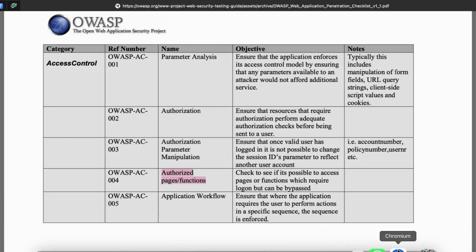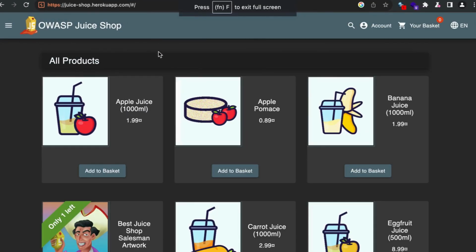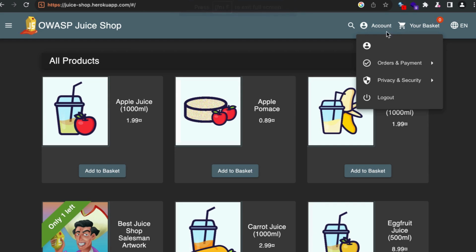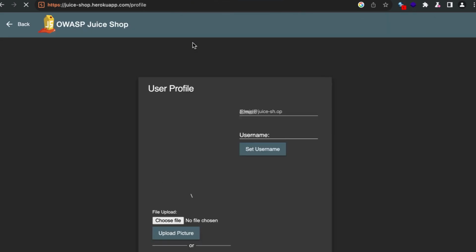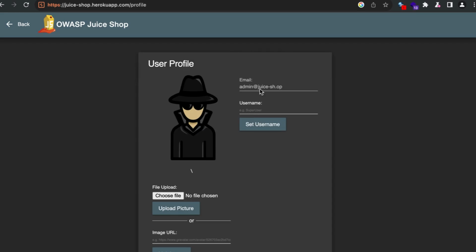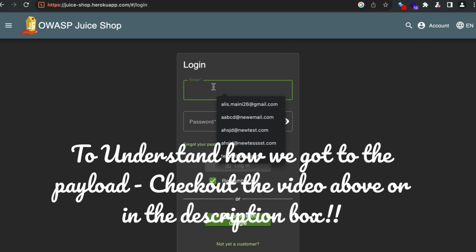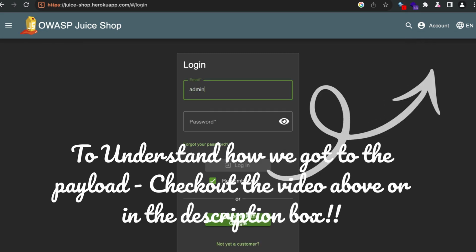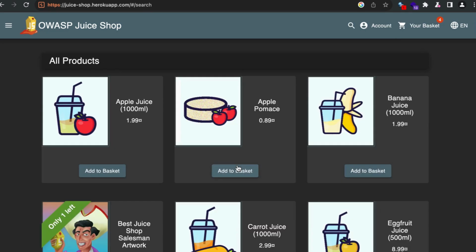I have my Burp up and running, and in my Chromium, which is the Burp browser, I've already opened the Juice Shop. Let's see, am I logged in? Yeah, I'm logged in as an admin already. If you aren't, I will anyway show you how you can log in. I used a payload to log in instead of knowing the username and password. This is the method I like to use the most. Here is the SQL injection, and I add this payload and I'm able to log in without knowing the username